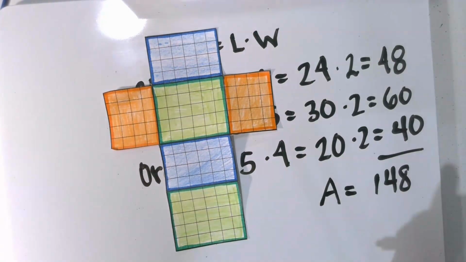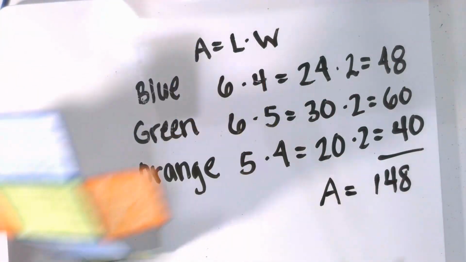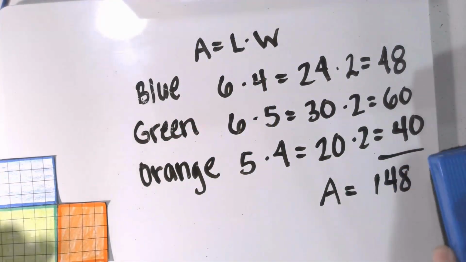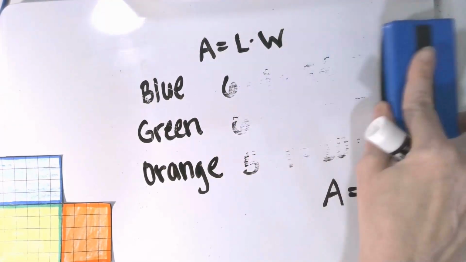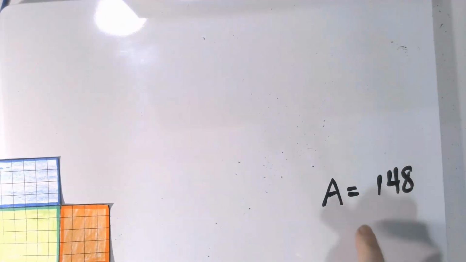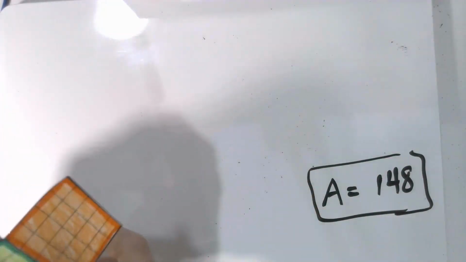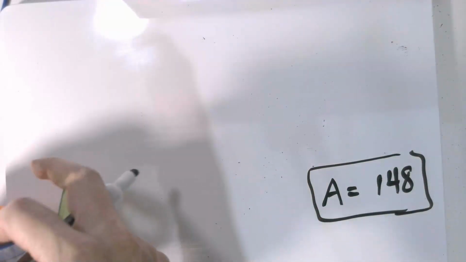Now, I want to show you an easier way to do this, okay? So let's hold on to that number right there, but I'm going to erase everything else. We're going to try to see if we can get this number back out with an easier way. Now, let me reshape this rectangular prism,